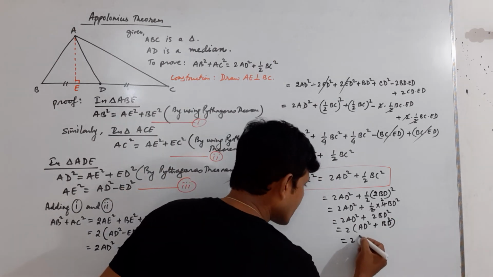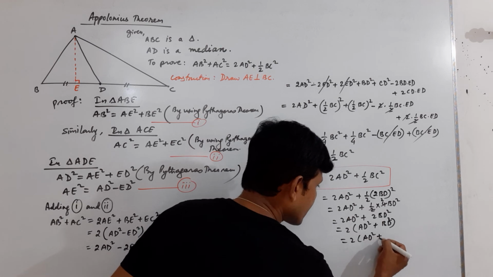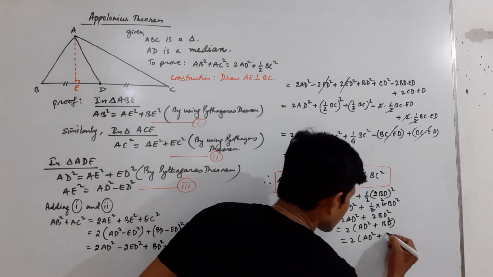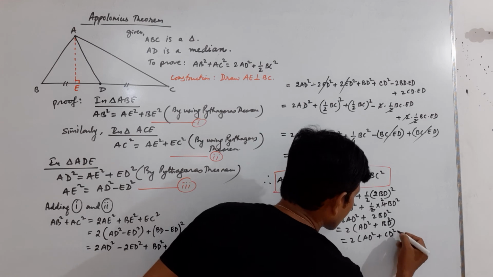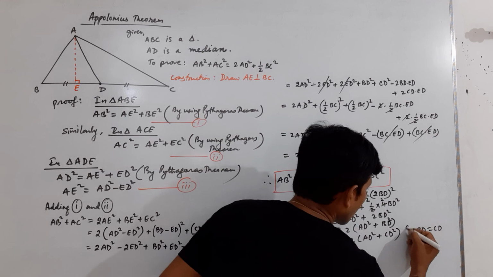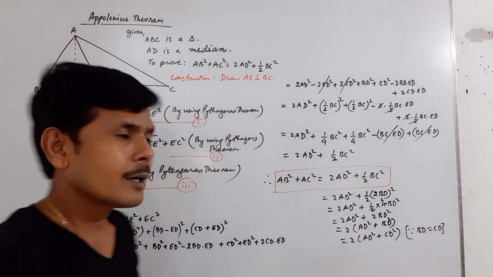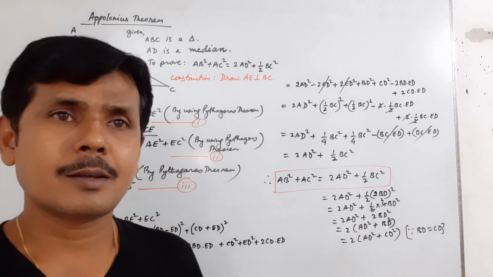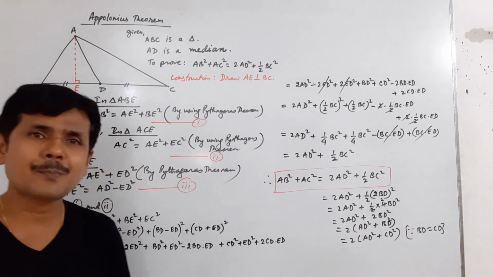Similarly, we can change it over here. Keep this AD as AD square. In place of BD, can I write DC? Yes. I can also write over here BC or CD square, since BD is equal to CD. Okay, this is the main formula. I hope you have understood it.